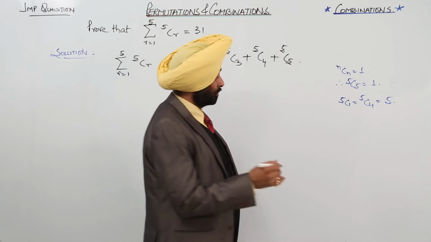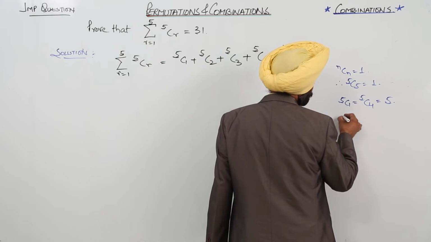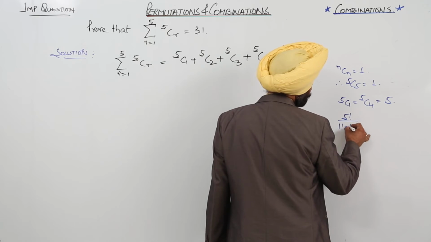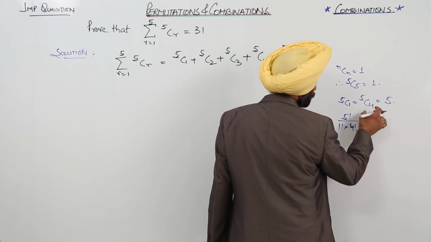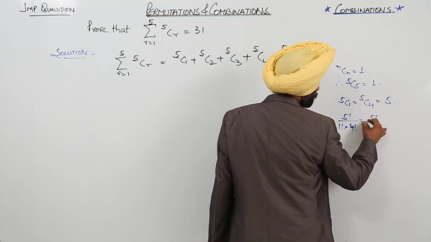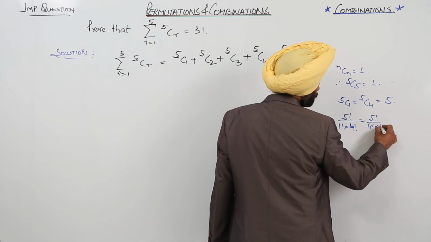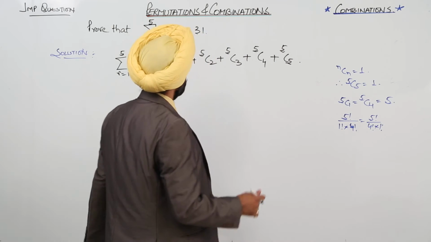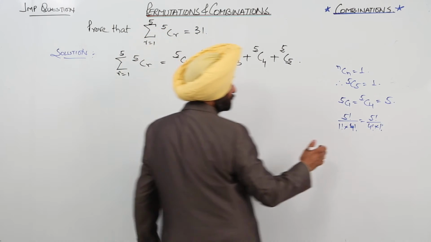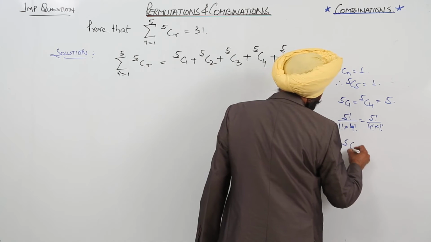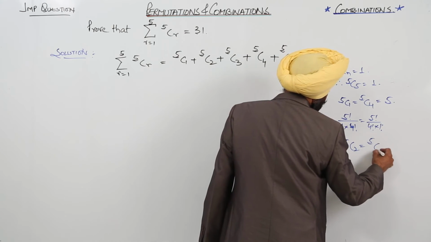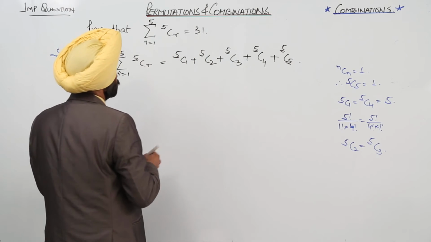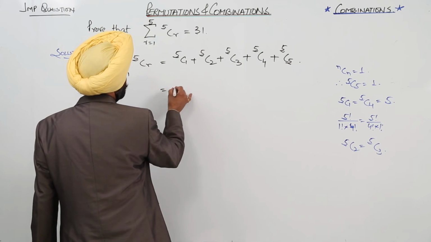Okay, how? You can just check it now. This becomes 5 factorial upon 1 factorial times 4 factorial. This part becomes 5 factorial upon 4 factorial times 1 factorial. So both are the same. Similarly, now 5C2 and 5C3. 5C2 is equal to 5C3. Coefficients are the same. Okay. So now the question becomes, we are having